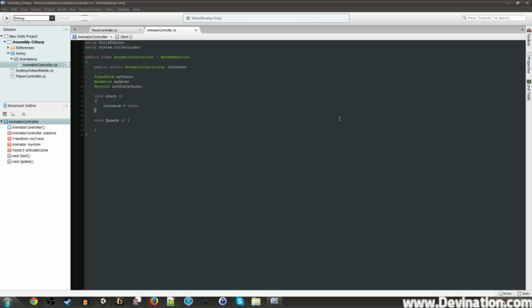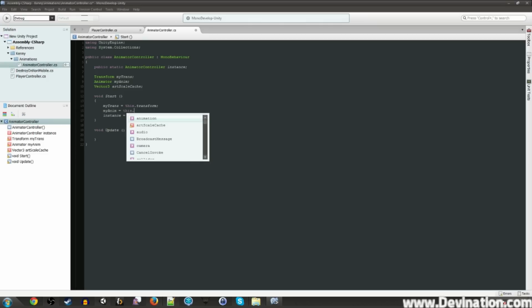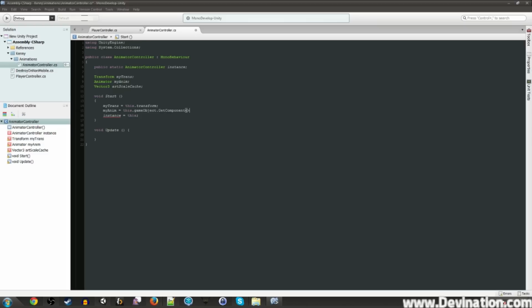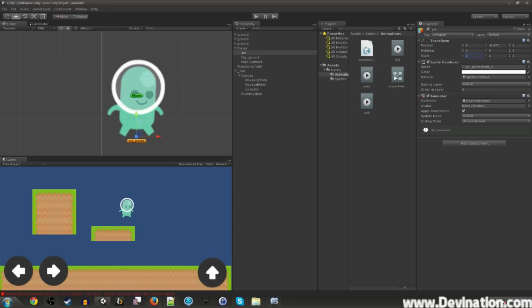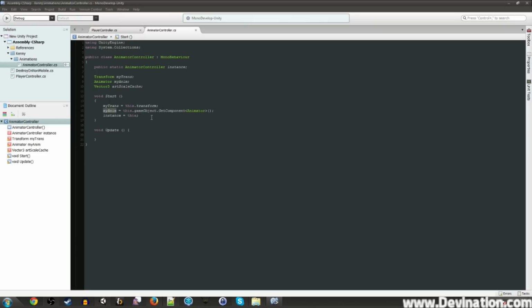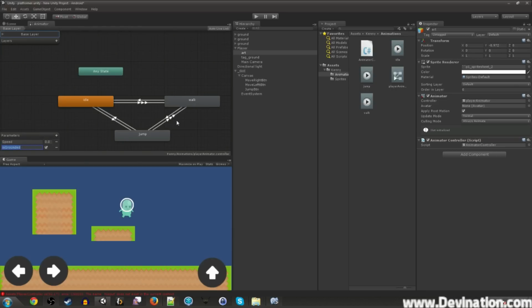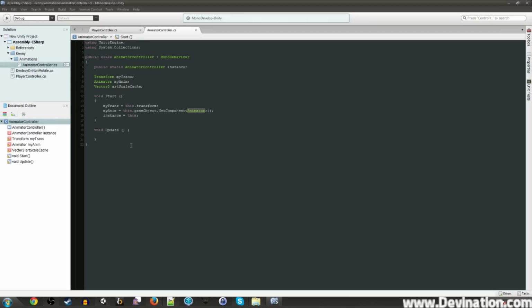So back in here, let's go ahead and fill in those variables with this.transform. My anim will be this.gameObject.GetComponent, and the component type that we want to get is Animator. So if I put this script on our player art, it will find the animator component, which will be here, and we'll be able to do things to it. Mainly we're going to want to change the speed and isGrounded variables at certain times. So back in here,